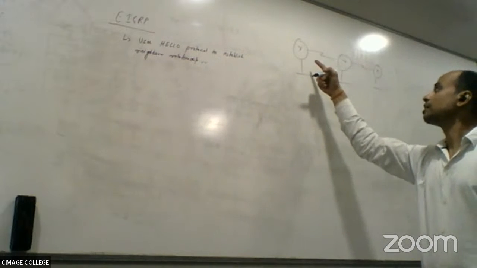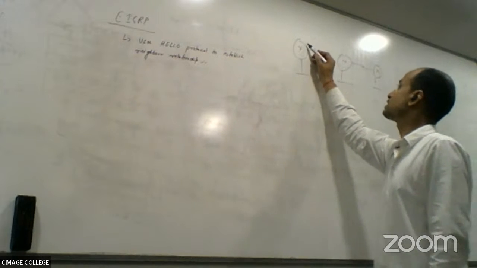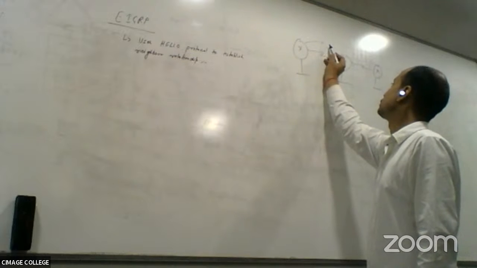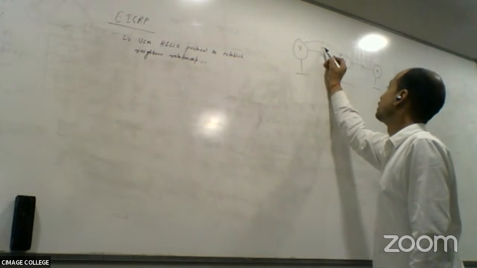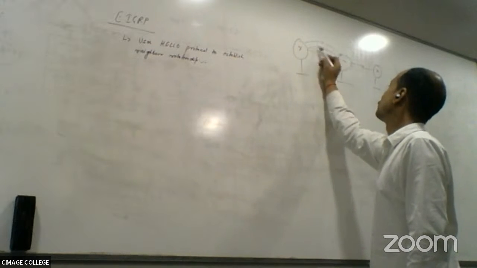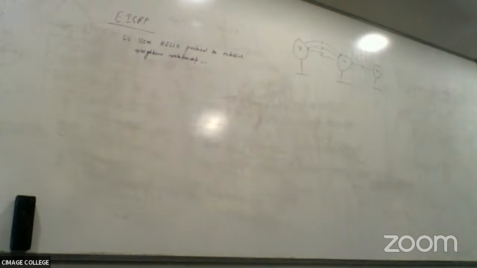Means to establish a neighbor relationship, the first router will send a hello message to the second router, and the second router will reply with a hello message to the first router. After this hello, the neighbor relationship is established, fine, then after that other communication will take place. Okay. Now next,